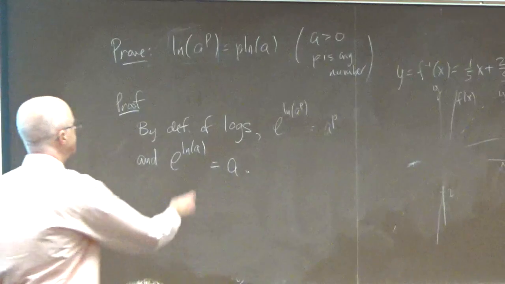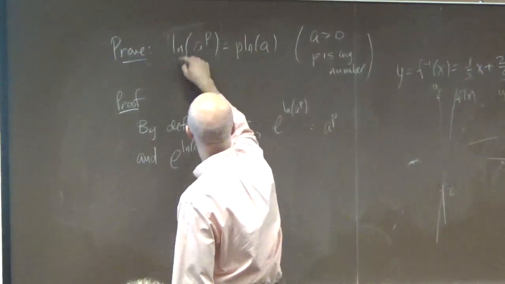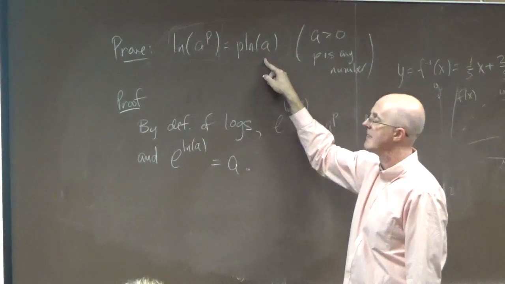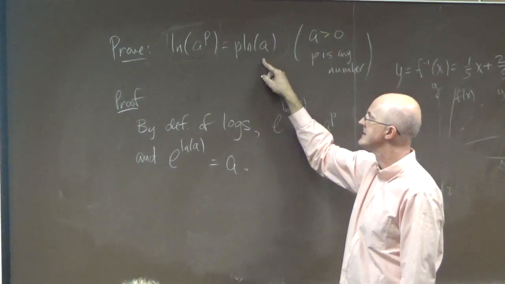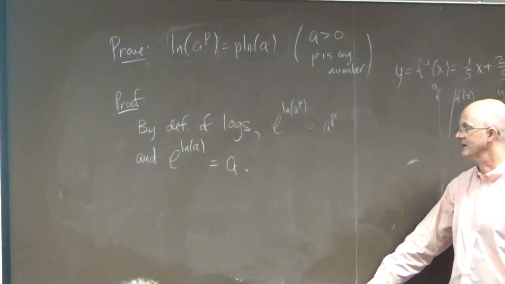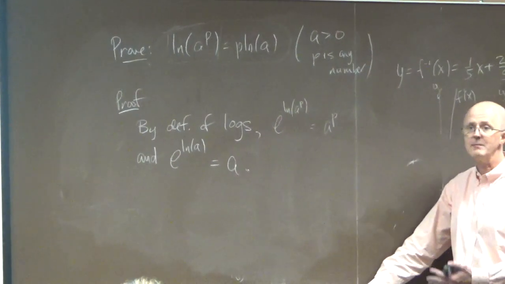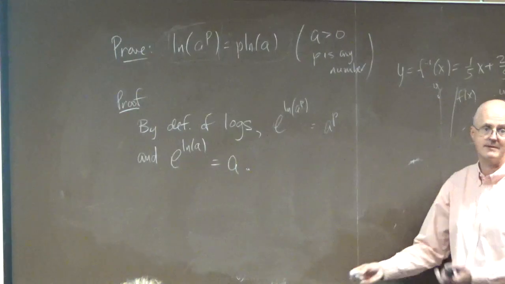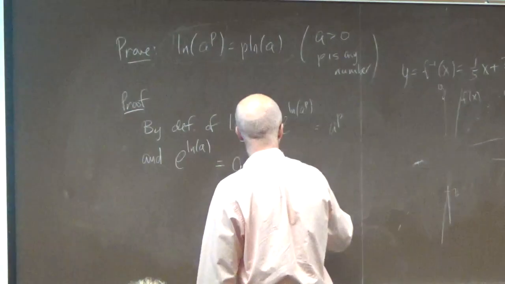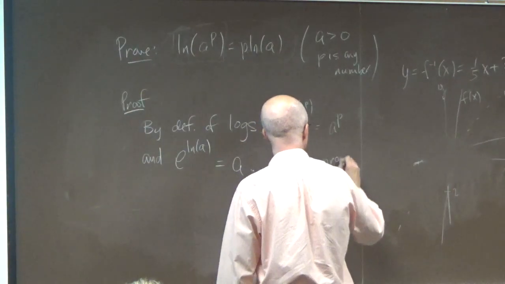All right, so you've stated essentially what you already know. You're trying to conclude that these two things are equal. Natural log of a to the p is p times natural log of a. It's not clear how to get there. You've got to use something else to get there. And with logarithms, you always use a property of exponents because they're so intimately connected to each other. You can just say by a property of exponents,